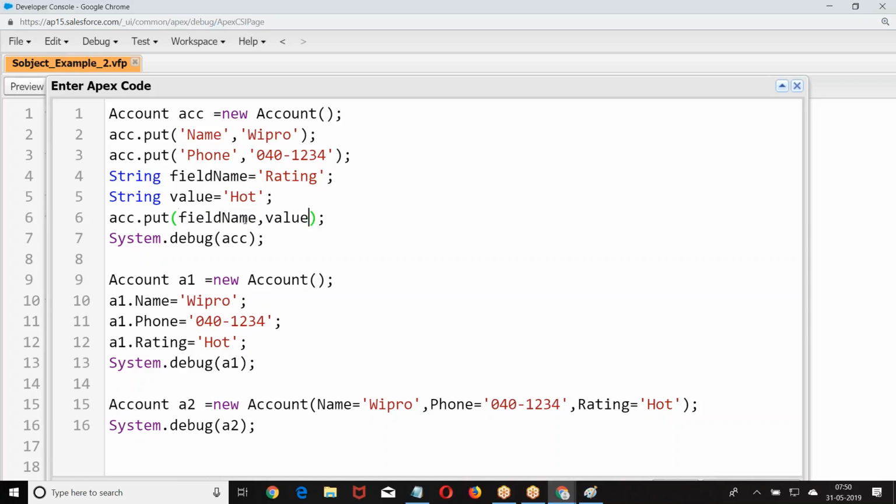I told you, field name comma value. Which is that field value? You choose. I take the field value as rating here. You make your field value ABC. Field value is XYZ. Right? I told you lately, field name comma value. This particular field, this particular value. Which field? From the VF page you take whatever name you want, or depending upon the context you can take it.